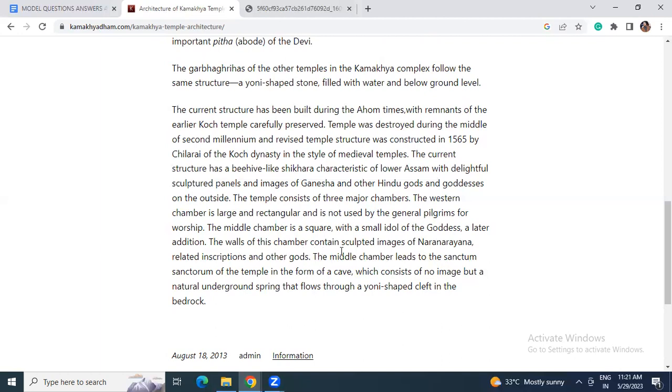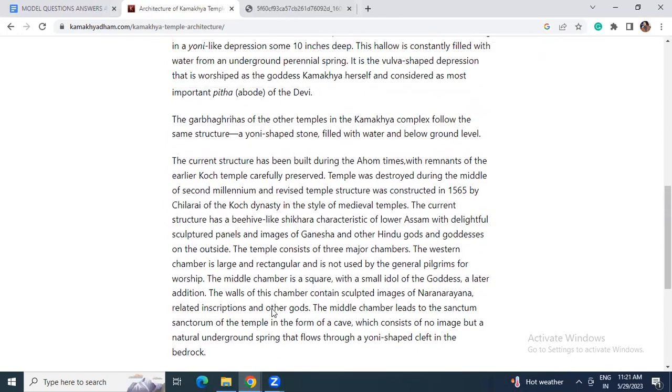The walls of this chamber contain sculptured images of Narayan and related inscriptions and other gods. The middle chamber leads to the sanctum sanctorum of the temple in the form of a cave, which consists of no image but a natural underground spring that flows through a yoni-shaped